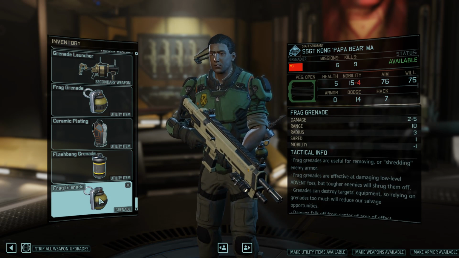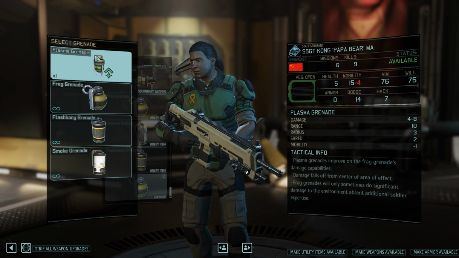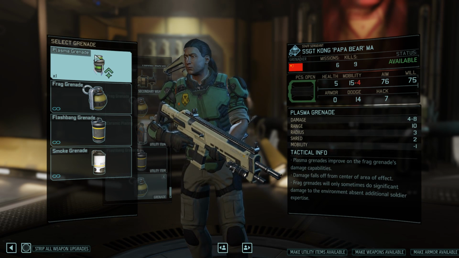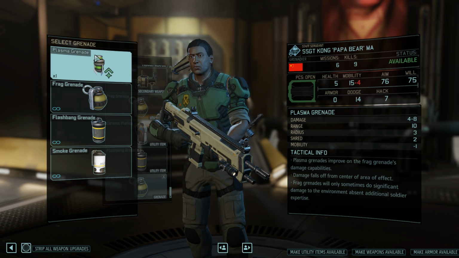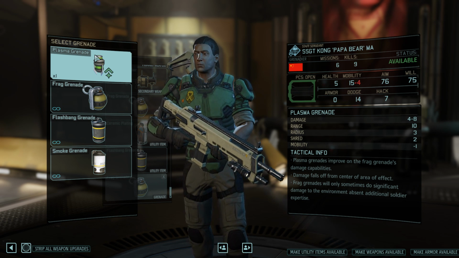So frags are 2 to 5, and everything else should be the same. Maybe shred will go up. Yeah, so we double the shred, and we do about 2 more damage on average. 2 to 3 damage on average. The radius doesn't go up or anything. But more shredding is